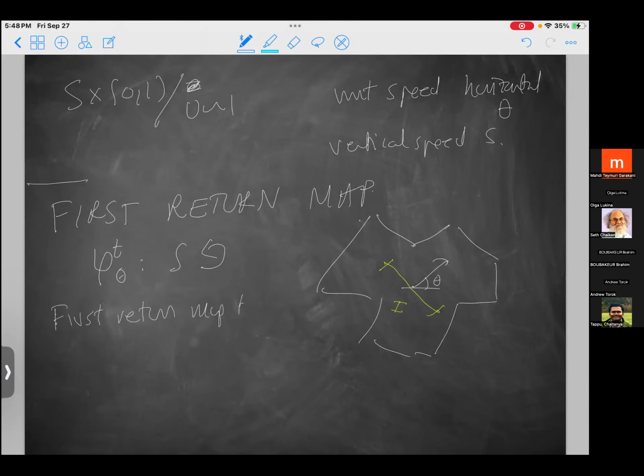And what is an interval exchange transformation? It's literally you take your interval, you cut it up into pieces, maybe n pieces of lengths lambda 1, lambda 2, up to lambda n, and then you rearrange them using a permutation in S_n. It's literally cutting up a piece of string and rearranging. So cut string, rearrange.